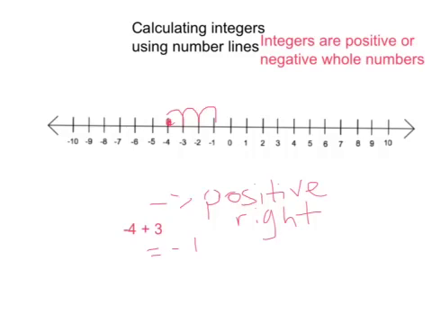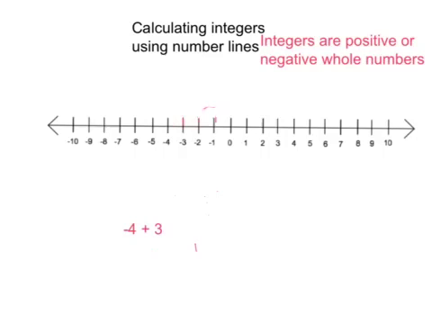Now, we can also use other questions to help us use the number line in different directions. And we have to make note that we only need one sign to help us calculate our questions. So let's try another question. Let's say we have 4 plus, and I'll put this in brackets because it's usually dealing with two signs,